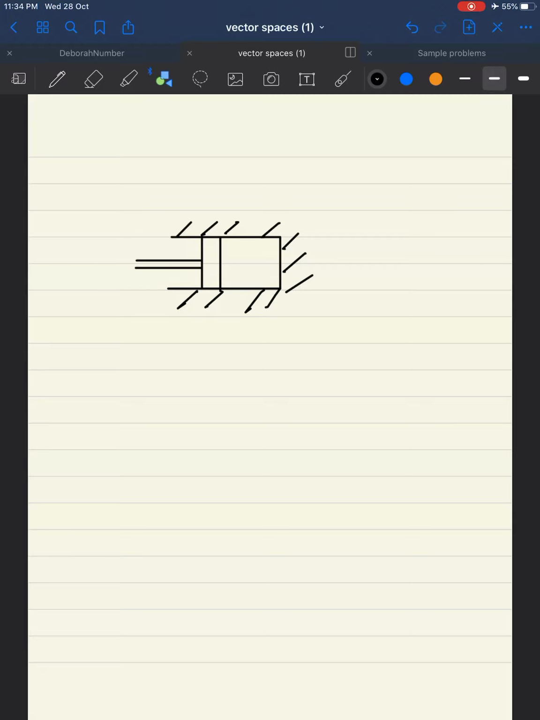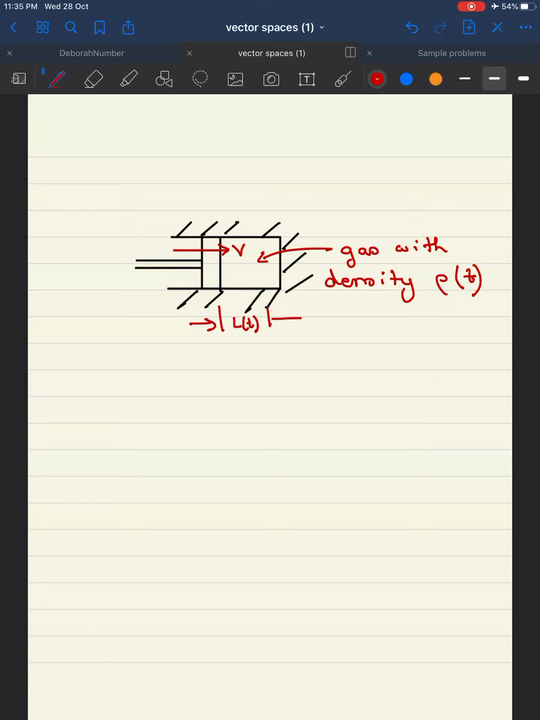Good. Let me choose another color. Let's say this is moving with a velocity v, and here there is a gas with density rho. Of course, this density is now changing with time, right? And let's say that this length here is L. This is again a function of time. This is the length. Okay. So the piston compresses the gas. So your question is,